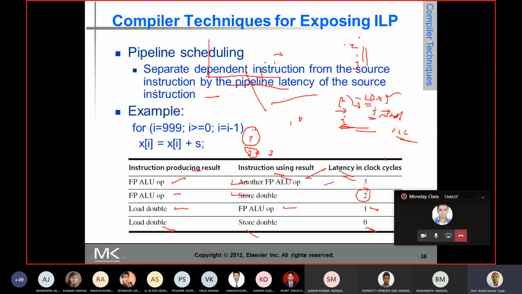And what does this example say? This example says that we are going to add a vector with a scalar. So each element of the vector is added with a scalar and it is written back into the same location. So xi plus the scalar s is written back to xi. Now if you analyze this loop,